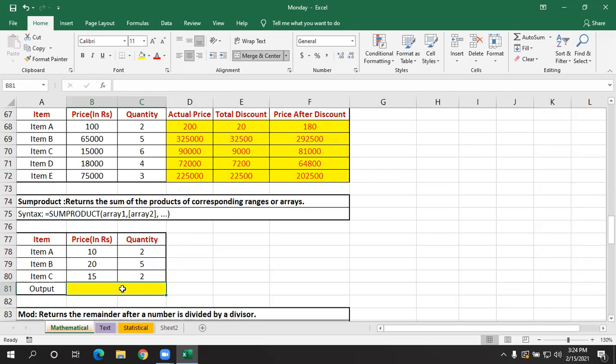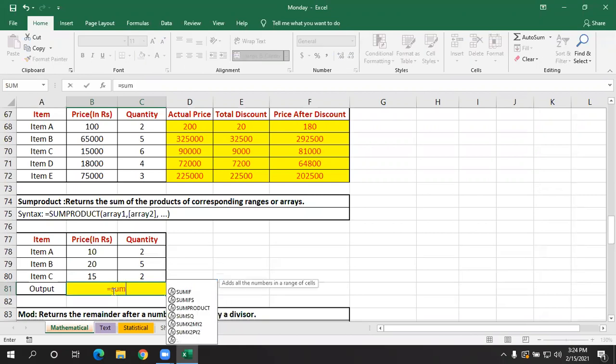An array formula is a formula that can perform multiple calculations. That means it's not only performing a single calculation, it can perform multiple. The function I'm going to use now is SUMPRODUCT, meaning it is going to perform product and then sum. Then I'll give an example of it.